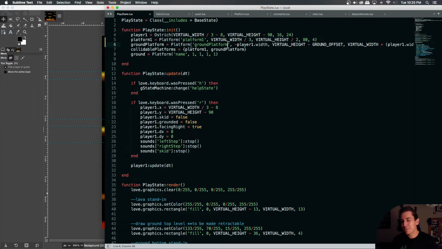And I had name in there because the name of the variable is ground platform, and I didn't think I could print out. I don't know why. I just didn't want to use the same name in case of some bug stuff. So platform 1